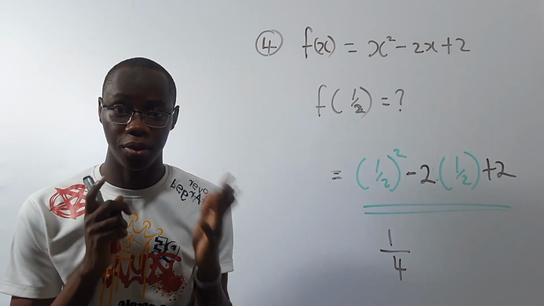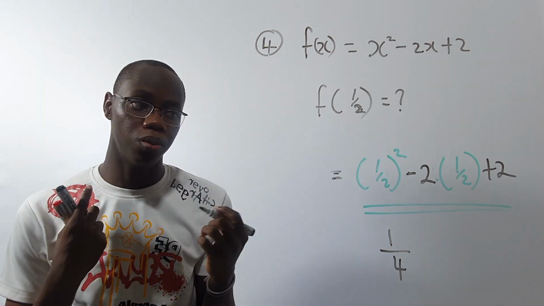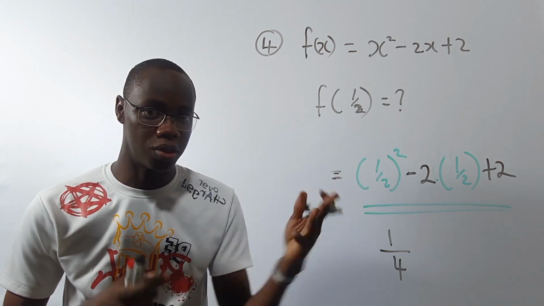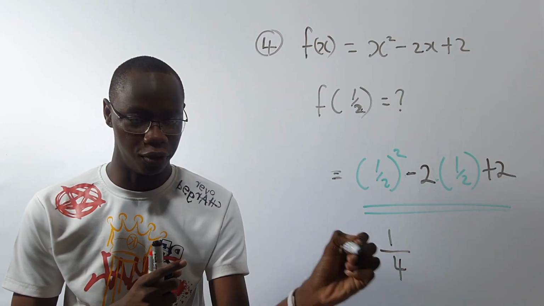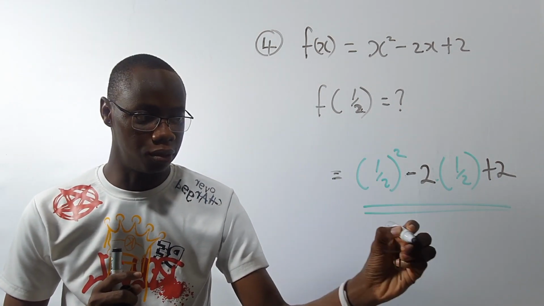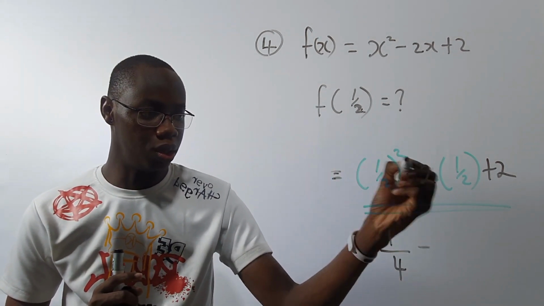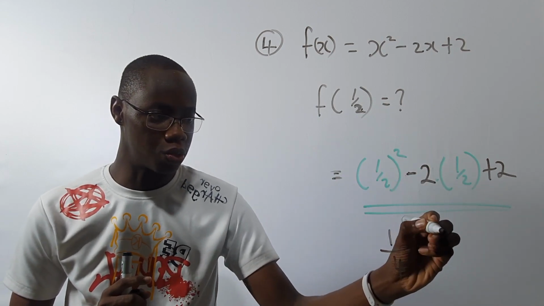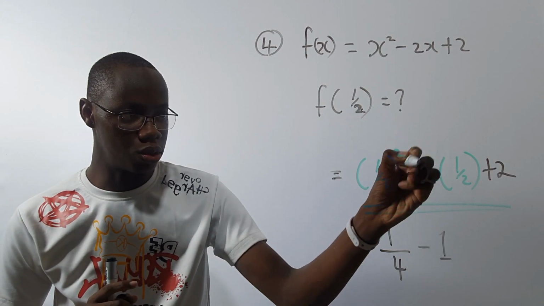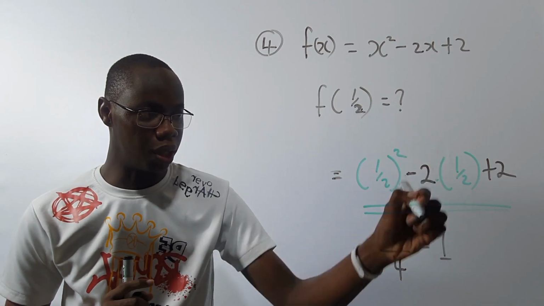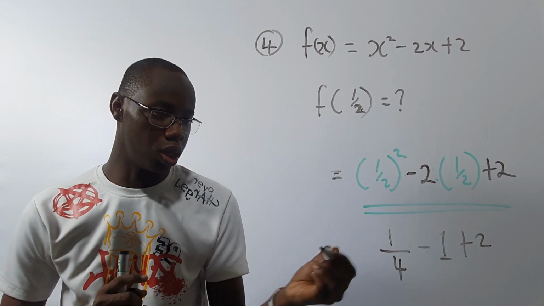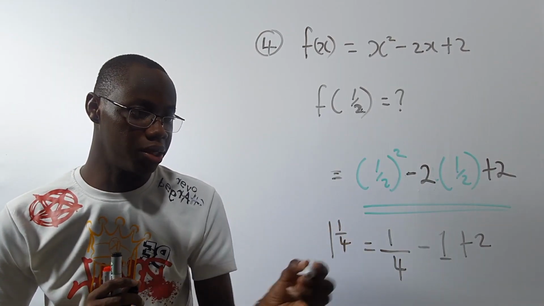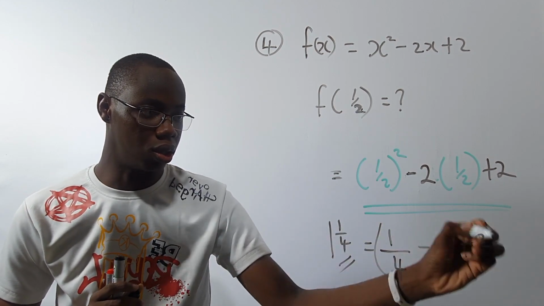Take everything step by step in the exam. Questions like this are very easy, but you can make mistakes. You can accidentally say 1 over 2 times 1 over 2 is 1. It's 1 over 4. So take note. Be careful. So this will now be 2 times 1 over 2. 2 dies with this, and that's just minus 1. Like this, minus 2 dies with this 2 here. That's minus 1 plus 2. And in total, your answer will be 1 whole number 1 over 4. You can write it in decimal if you want. Everything here is still the same thing.